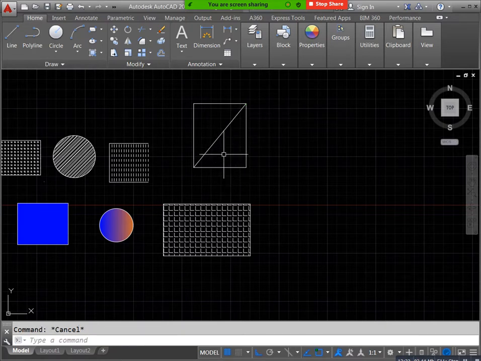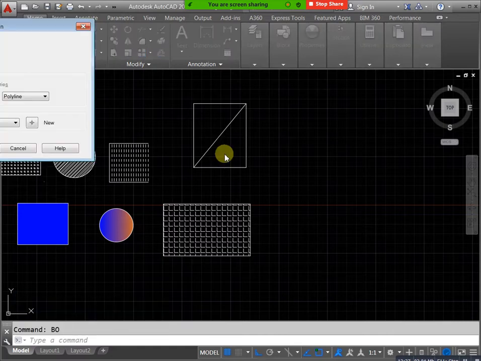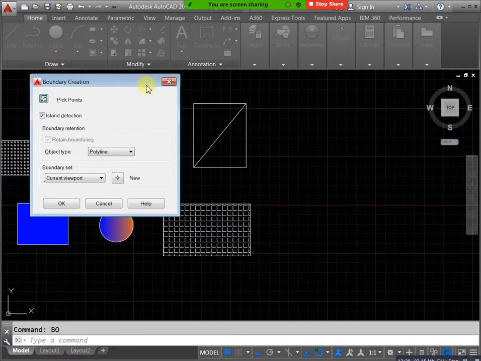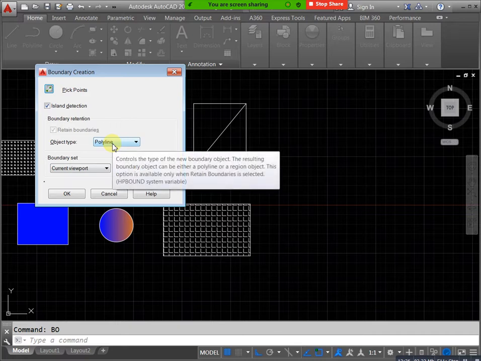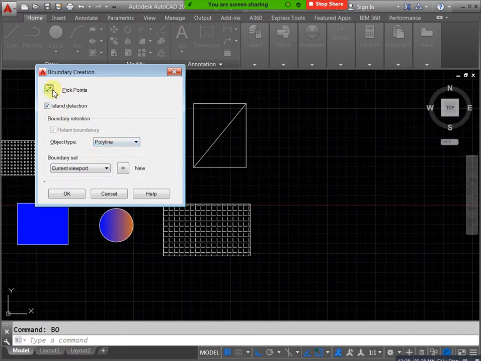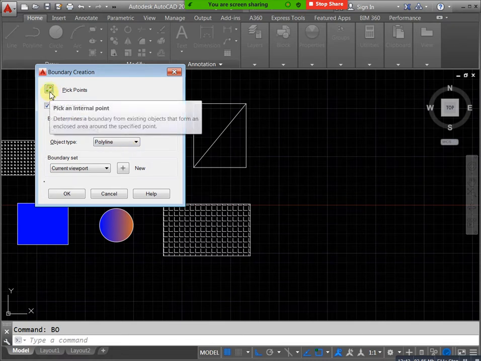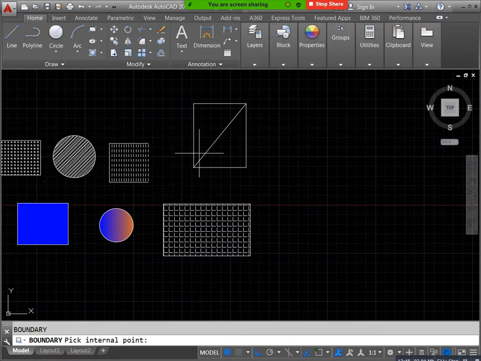In this boundary creation dialog box we have pick points. At the same time here we have object type is polyline. Already we know that. You can select pick point and select your area. Pick point means it automatically selects the area, however much of the region you need. For example, I need this region, so select your pick point here. Selected, then press enter. Now you can see, just select this one. Two polylines are there. This is the complete square polygon. This one is a triangle, sorry, a right angle polygon. Just select. If you need to move, you can use move.